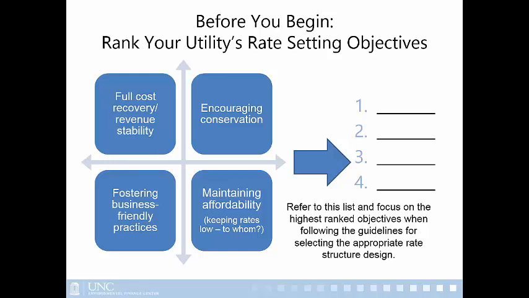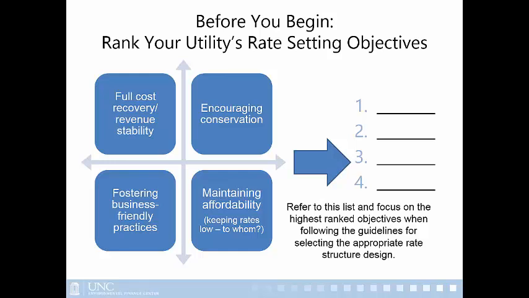Some utilities with supply issues or just long-term strategic planning want to encourage conservation, and some utilities want to use their services to encourage businesses to move into town. So these are 4 objectives out of many different types of objectives that you might have. And you can see some trade-offs here. If you want to encourage full cost recovery, and if you prioritize that, affordability might become a little bit of an issue for some utilities. Or if you're trying to encourage conservation and you set really high rates for high consumption, that might hurt some of the industry, and that might make your utility or your town less attractive for water-using industries to move into town. So there's some trade-offs in using these.